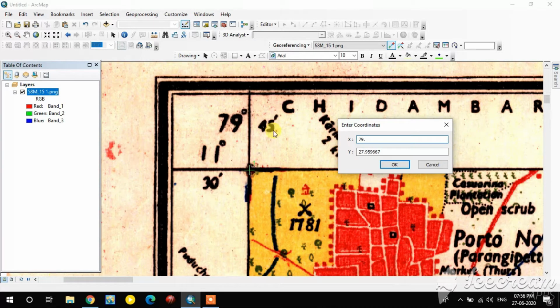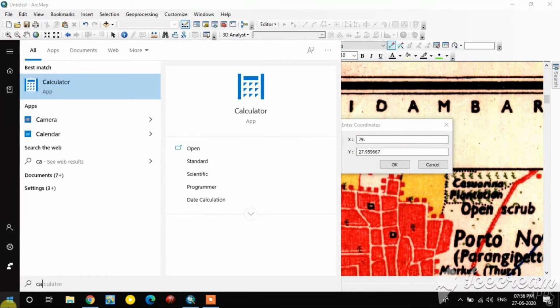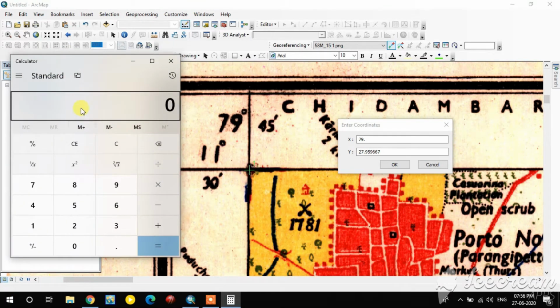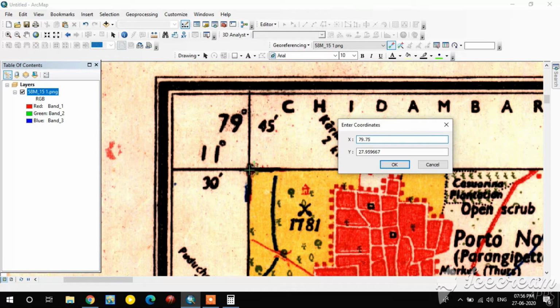You type the 79 directly, and the 45 minutes you divide by 60. 45 divided by 60 is 0.75. You type it.